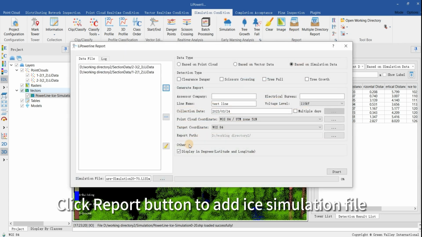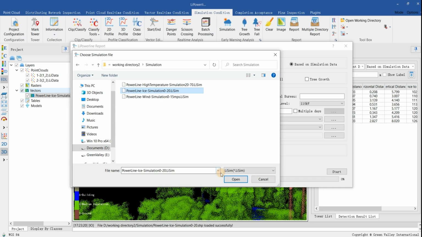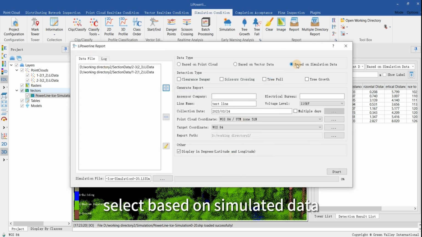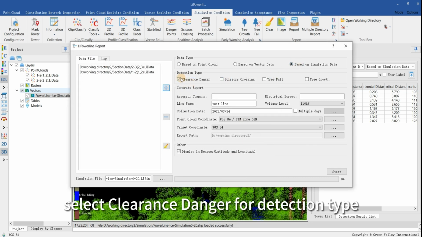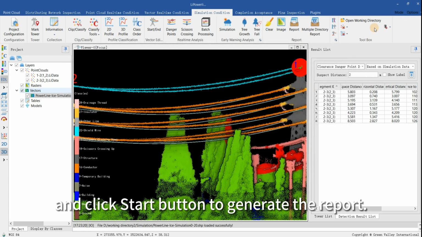Click the Report button to add the ice simulation file. Select Based on Simulated Data, select Clearance Danger for detection type, enter the line name and click the Start button to generate the report. Click the Open